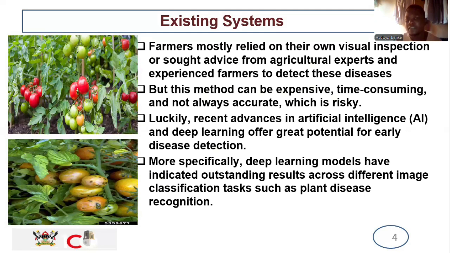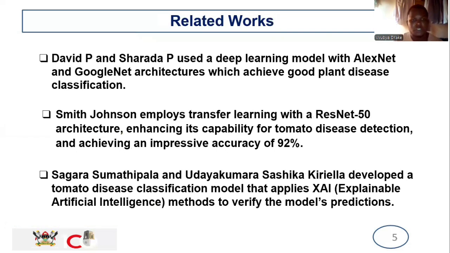Luckily enough, recent advances in artificial intelligence and deep learning have offered great potential for early disease detection. Deep learning models have indicated outstanding results across different image classification tasks, plant disease recognition included. David P. and Shadara used deep learning models with AlexNet and GoogleNet architectures, which achieved great plant disease classification. Then Smith also employed transfer learning with ResNet 52 architecture, enhancing its capability for tomato disease detection and achieving an